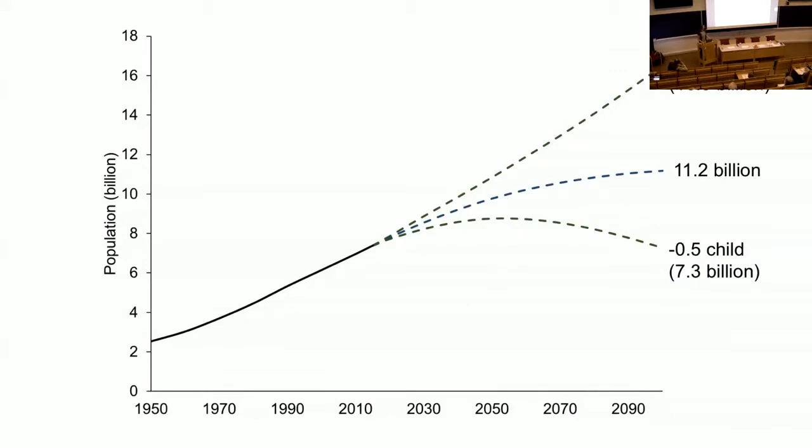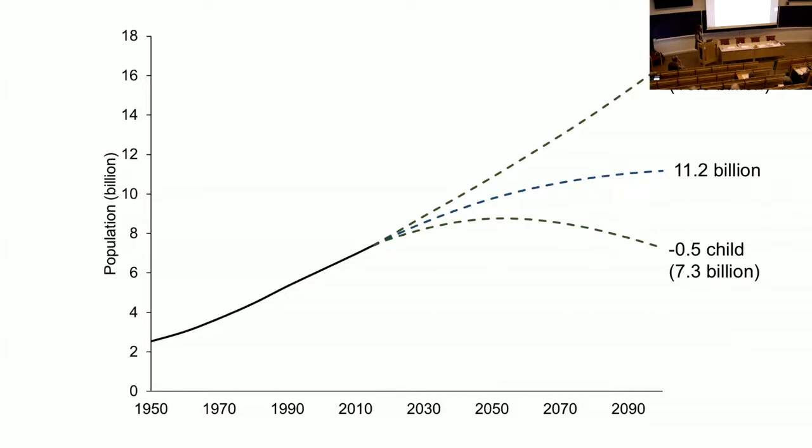So here again, we see the three UN variants, the median variant leading to a population size of 11.2 billion by the end of the century. And as Frank said, just small fertility changes, a global average of just half a child more or half a child less per woman, have substantial impacts on future population sizes, which then in turn will have impacts on